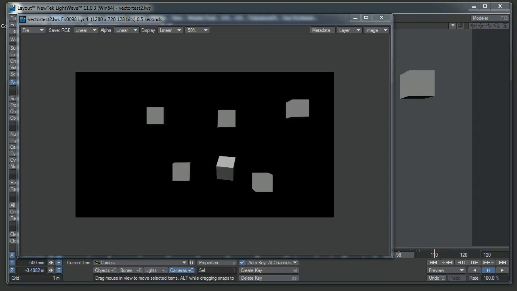This week we are going to go over a setup that I'm working out. I'm still experimenting with how to get motion vectors out of LightWave into the Real Smart Motion Blur plugin. If I come over here to